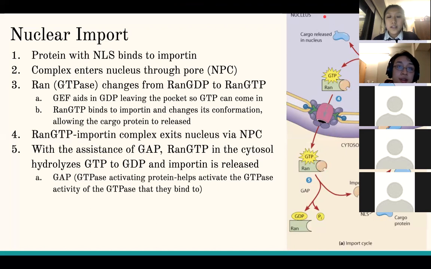Don't feel pressured to memorize every single detail, right? Because on the test, you're going to get this exact diagram essentially. So you can look at it and say, oh, I can see the importin binds to the cargo protein, which allows it to enter. And then you can see where RAN is GTP, you know, which G it's bound to. So don't feel super pressured. Just as long as you can look at this and understand what's happening, you get this diagram.